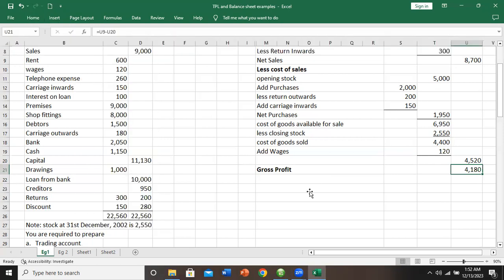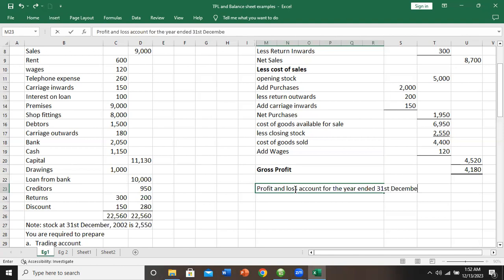Okay. So that's our trading account. Let's go on with the profit and loss account for the year ended 31st December 2002. So as I told you, this profit and loss account only continues the trading account by bringing in the